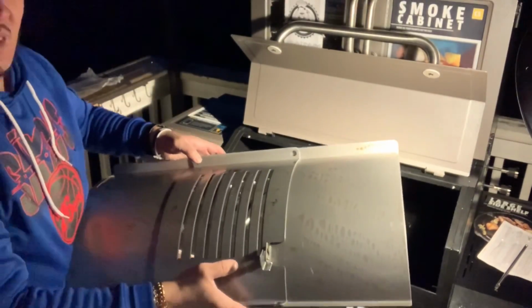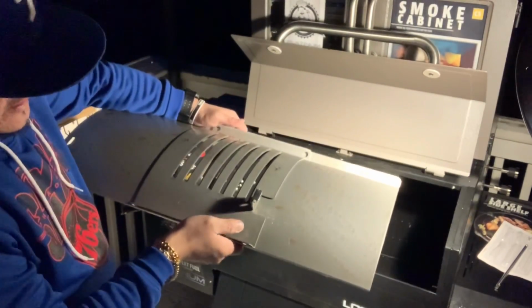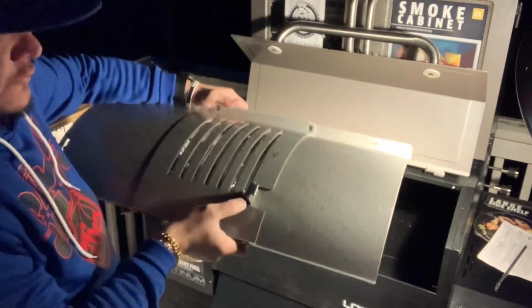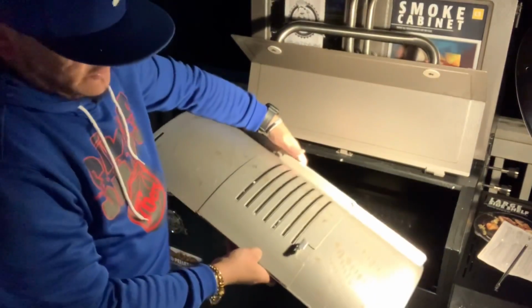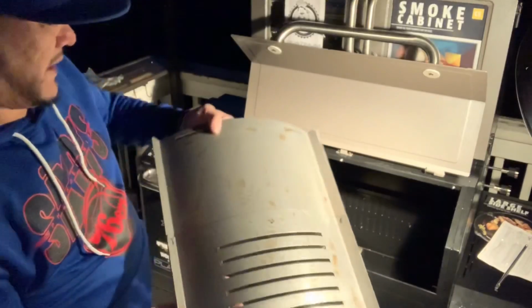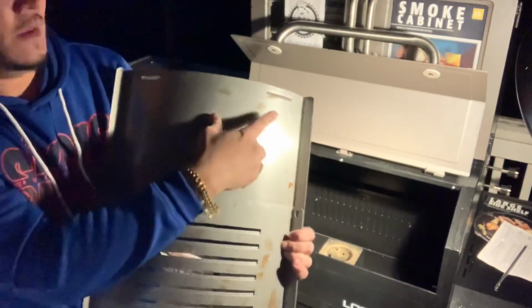And I don't know if this is on just my box, but this is the lever for the sear lever to go back and forth. So we want to make sure this stays on the right side. And when we install this, make sure this goes in a slope, and by the holes, these holes right here on the top. You can see this is what you want right here to make sure this is latched on it real nice